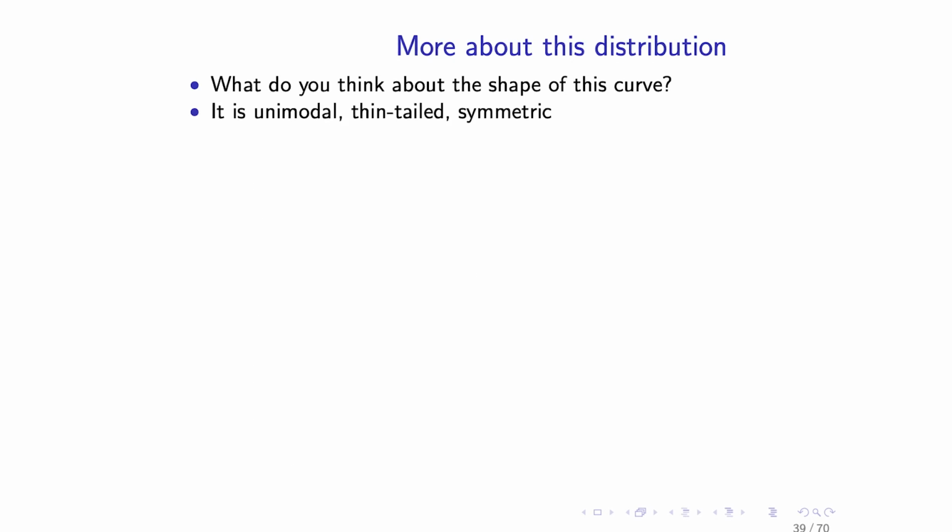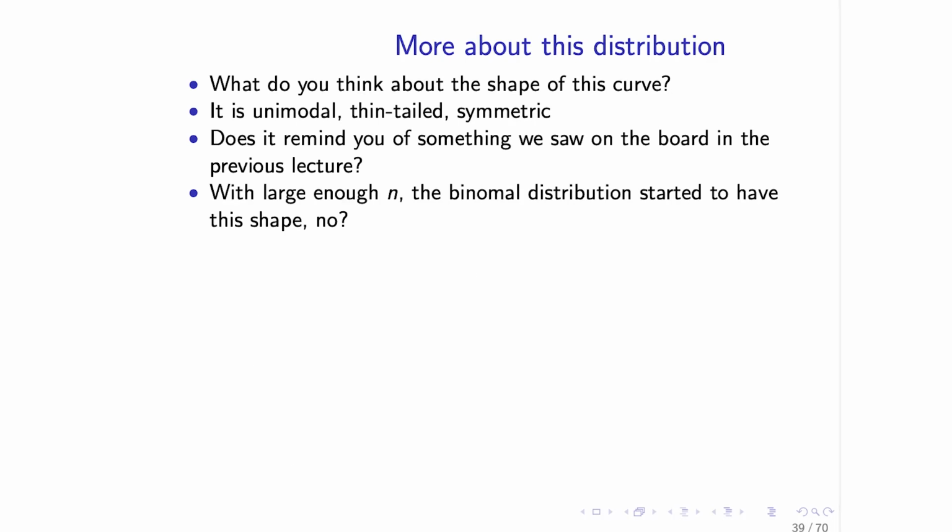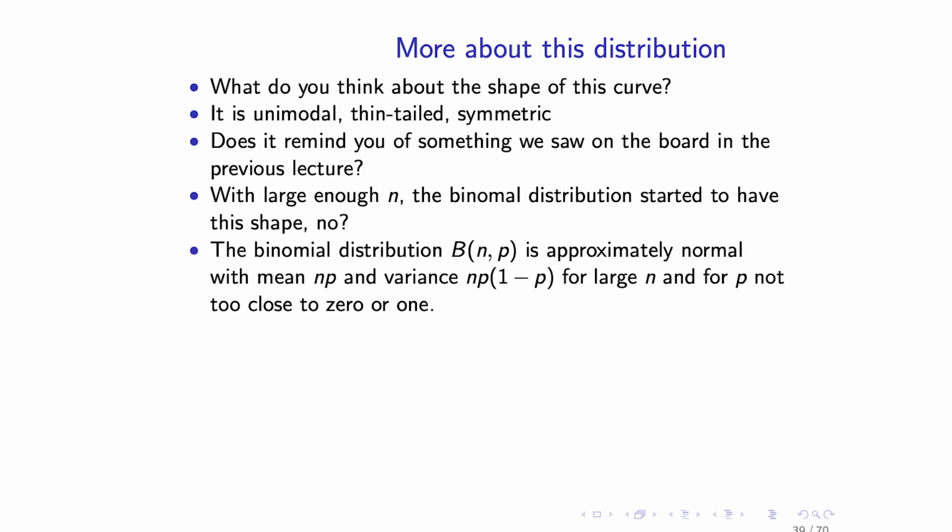And that makes sense, because the binomial distribution is approximately normal with mean np and variance np times (1 minus p) for large n, and p not too close to 0 or 1. So this curve is actually quite normal looking. I don't want to say it is normal, because how would I know? I haven't estimated it. I haven't tried to reject it, but it looks quite normal, and in fact you'll be able to show very soon that it makes sense that it also looks like the binomial, since the binomial is quite normal looking